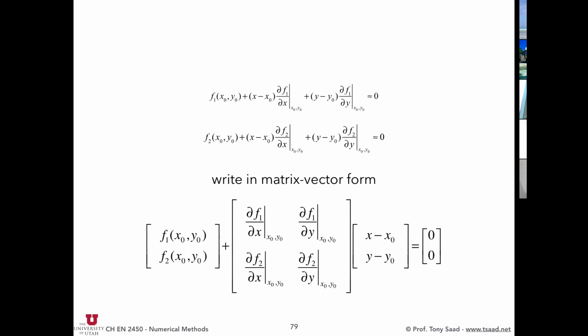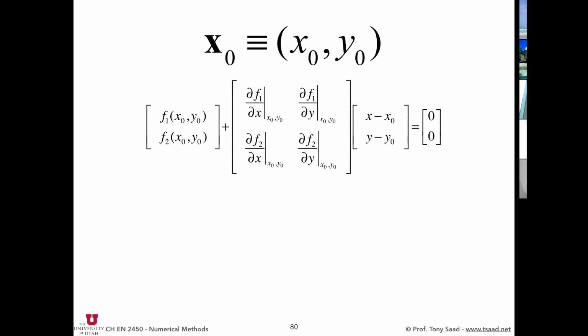So now I'm going to take this one step further. If I can get to my screen, okay? So now, if we define the x0 vector as the point x naught, y naught, then we can call this entire vector a function, a vector of functions, right? So the same way you define a vector of values, you can define a vector of functions. But in fact, this is actually a vector of values where the values are the residual functions evaluated at x naught. Okay, so in other words, this capital boldface F is a vector of the residual functions evaluated at x0,